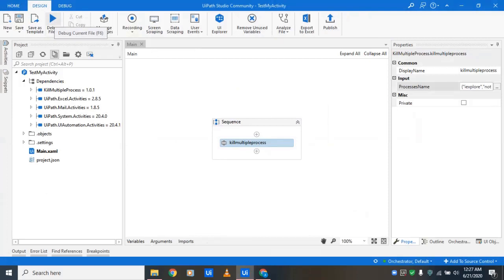So if we talk about the use cases in which we can use it, the best practice is that whenever you implement any use case or project, you kill all the applications which are being used in the process before the process actually starts running. So this activity can be used in any use case you can even think of. This will be the backbone to the use case. In every use case you develop, this activity will be used.